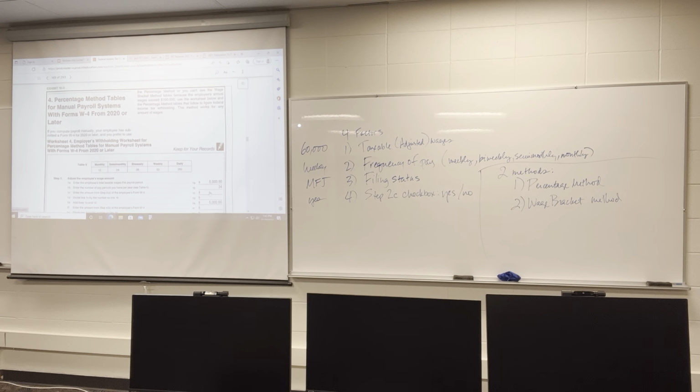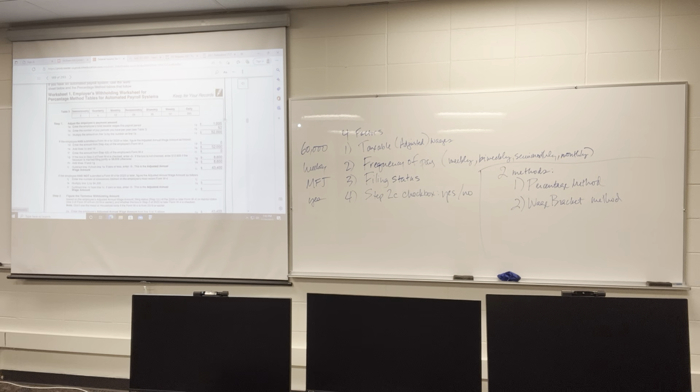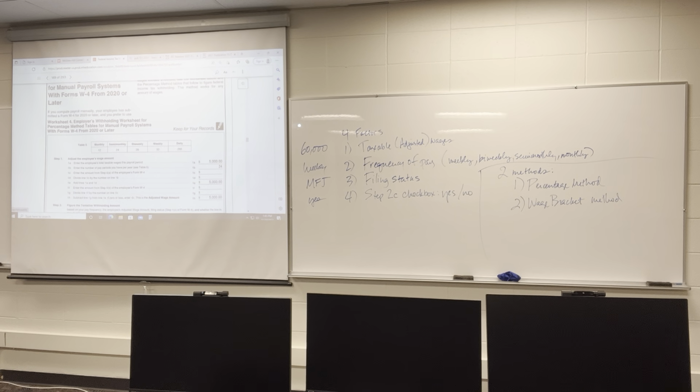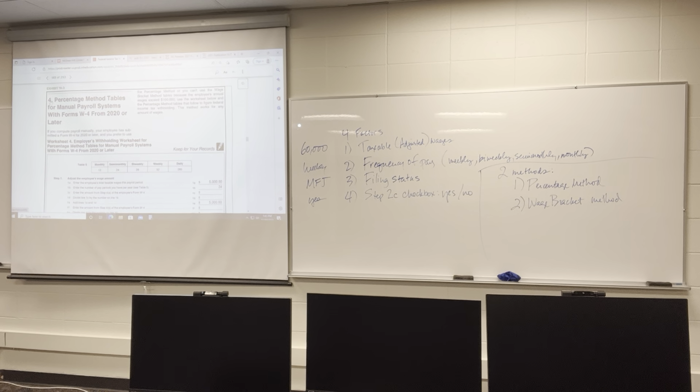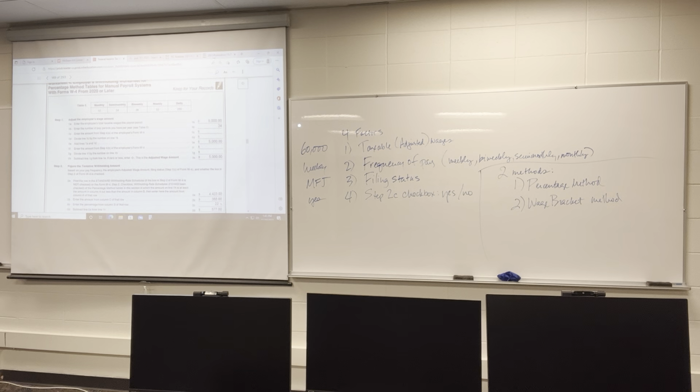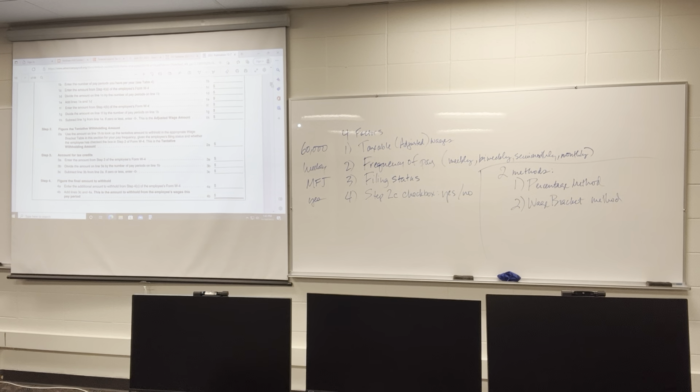Percentage method, you're gonna use the method we just did, but you're starting out with the per pay amount. Whereas up here, you do have a per pay amount, but you're trying to arrive at the annual amount. And the percentage method is using the tables that we already looked at. But I think it's best to use this